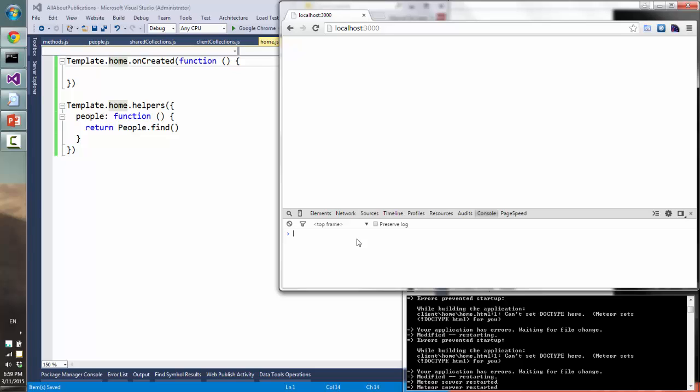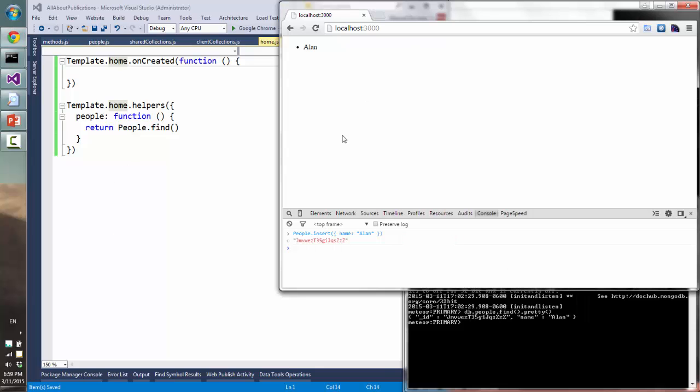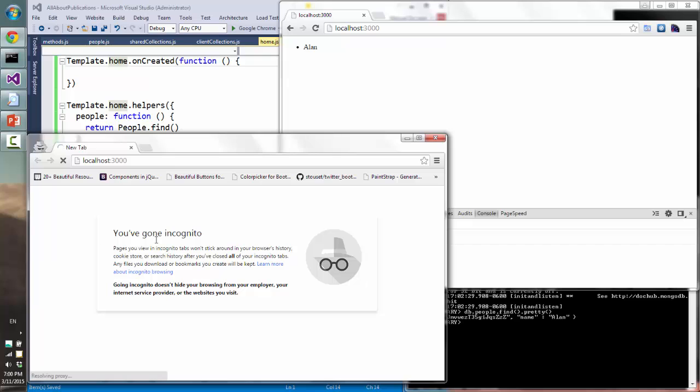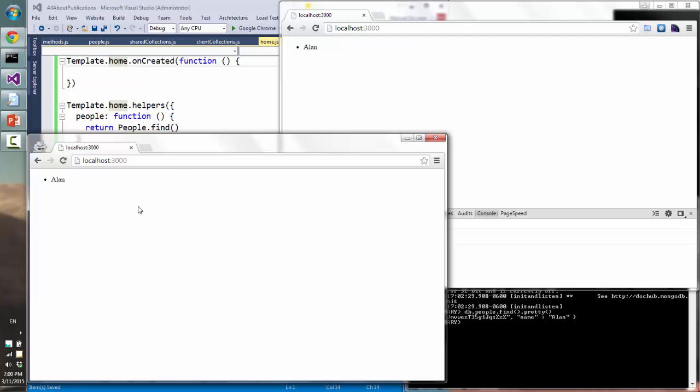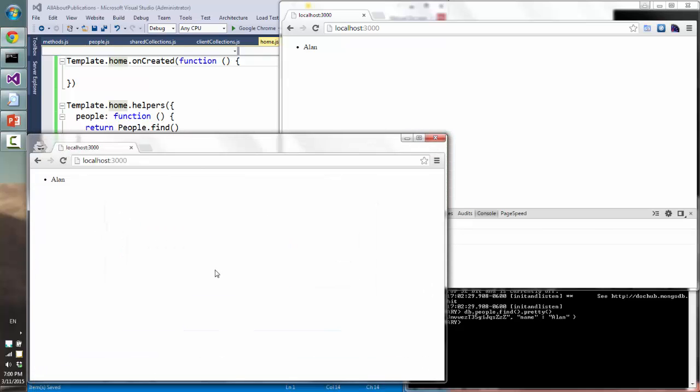So let's insert something. Okay, it automatically updates the UI, and it sends the data to Mongo. So Meteor takes care of moving the data around for us. Another thing that it does, which is pretty neat, is if I open another screen,